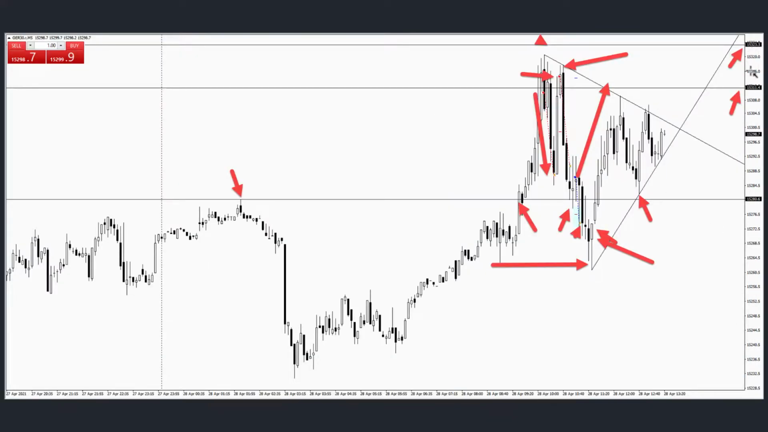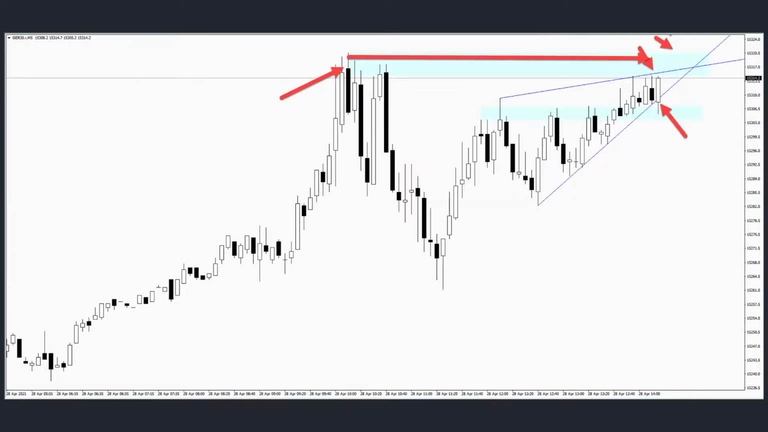Yeah, we talked about those levels, right? This one, and then price kept going sideways. And then you see these levels over here as well. As we can see, I was talking about this, and I was saying that there's this ascending